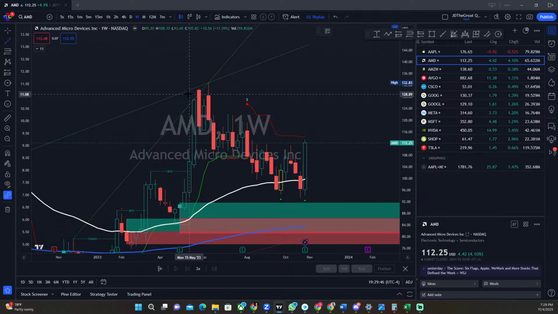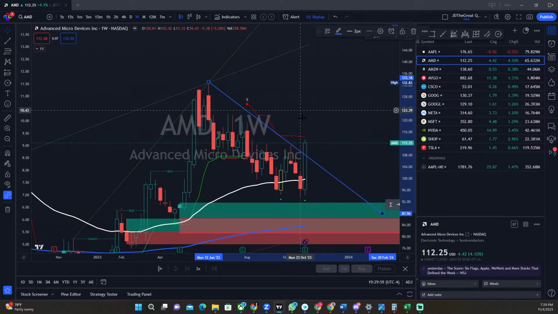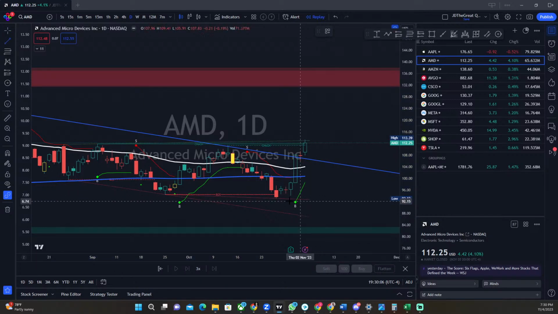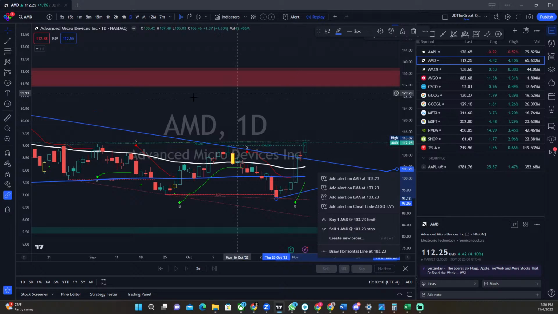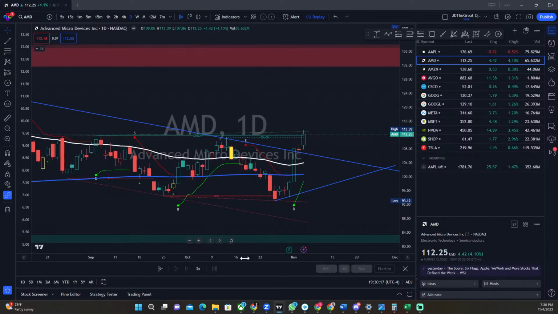We do have a downtrend, but AMD has broken it from here. So we close the week with a reversal of the trend, and it does look like we have a change of character at the same time. So depending on how the market reacts to this, let's go over to the daily. This uptrend that we're facing right now is the continuation, and we have a breakout here with a change of character there. So this lets us know that there's a possibility that we're going to continue to this upside.